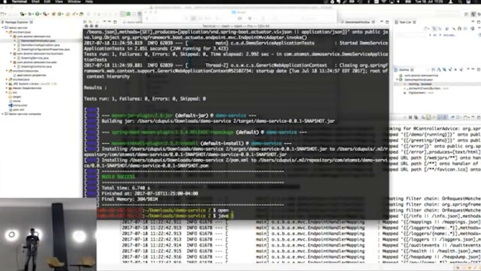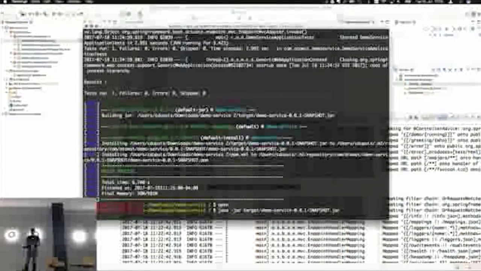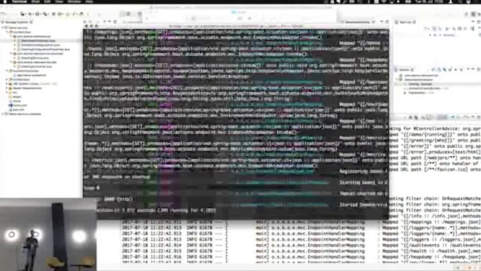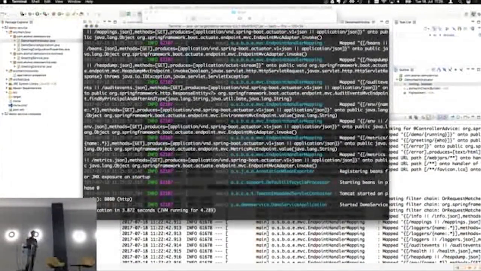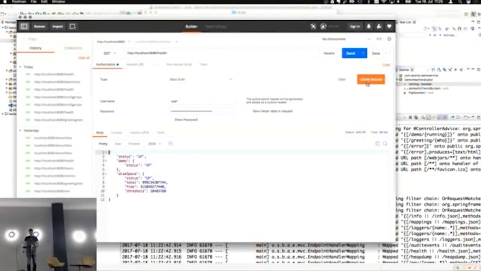So now I can run with Java -jar pointing to the jar file. Without messing around with class paths, you are able to start up this service and run it. Looks like it is up and running, and that will only give us an unauthorized because the password changed, but it shows you it's not a 404. The application is actually running.